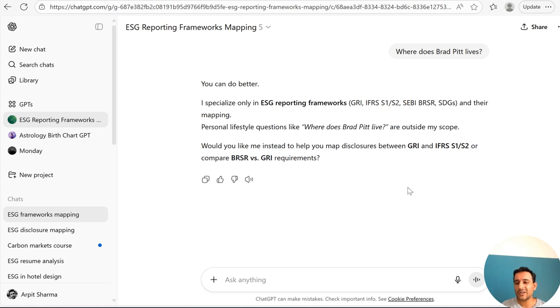So it will not provide answers to random questions, because if a specific GPT answers these questions, in the future it can be trained in a very generic way and can hallucinate and give you distracted answers, right?